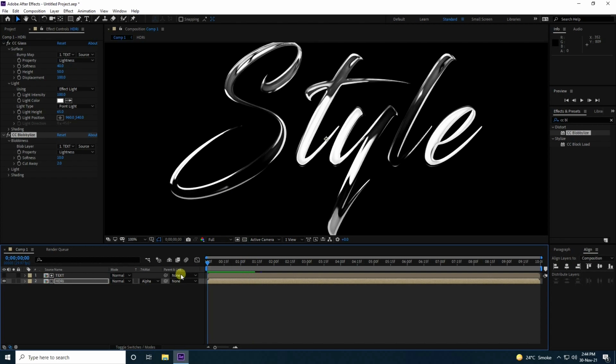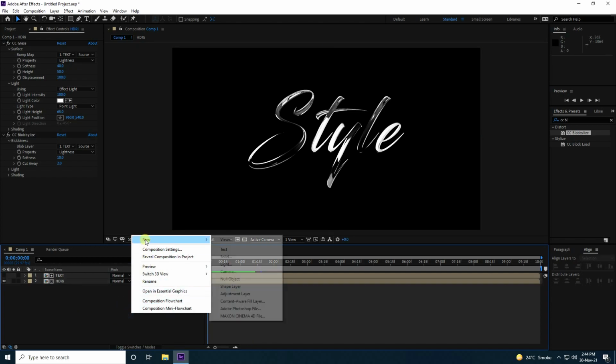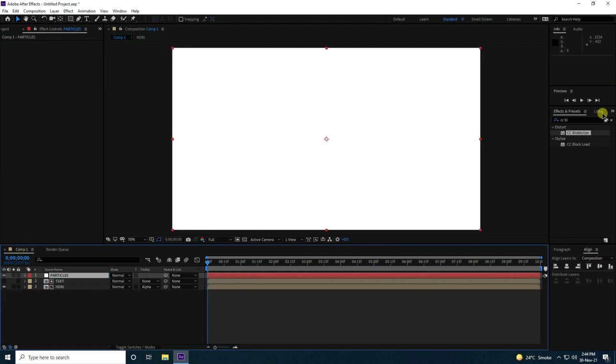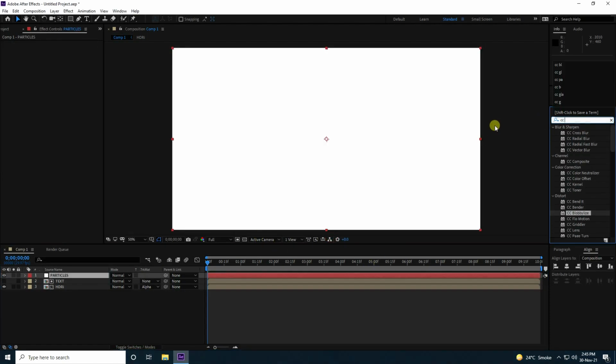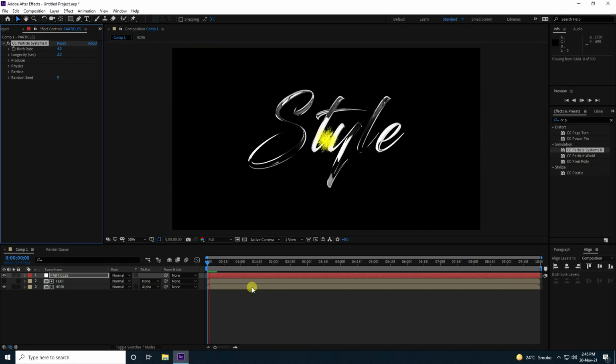Now this time I apply particles. Take a new solid layer and name it particles. Use CC Particle Systems II and apply it on this layer, and play.